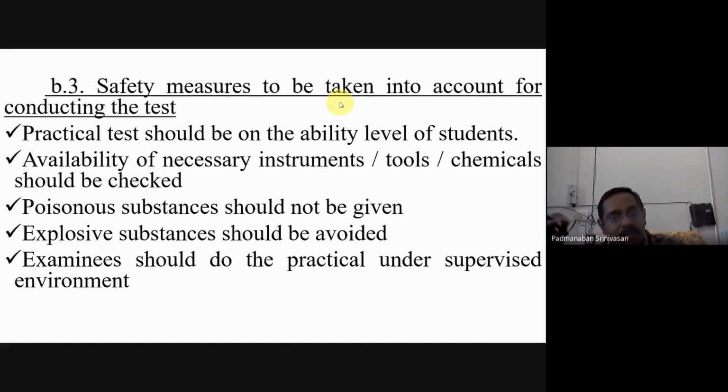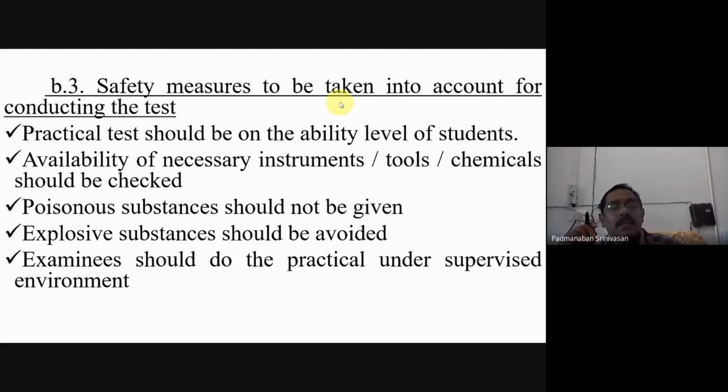Okay, so that was the level. As you proceed higher in the academic ladder, the practical level also increases. So accordingly, for 12th we have to give single salt, for UG double, and for PG quartet, where 4 salts are mixed and given. That should not be vice versa. So that is the first one.